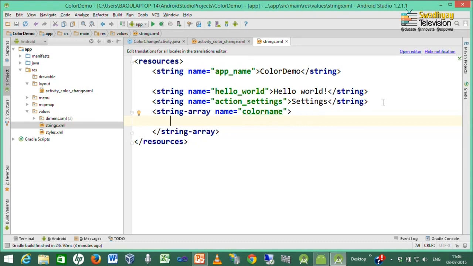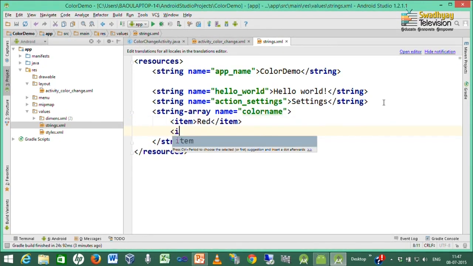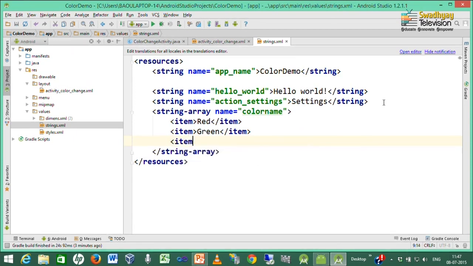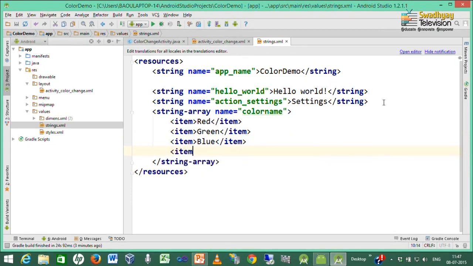Now, every string array contains items which specify our color names. So, I write down red, green, blue, etc. as items inside the string array. So, I am creating just different items.